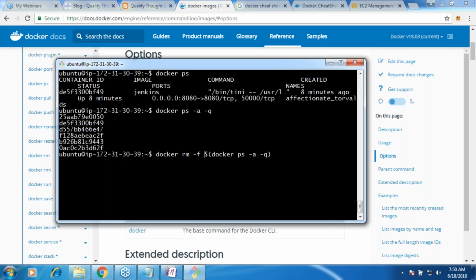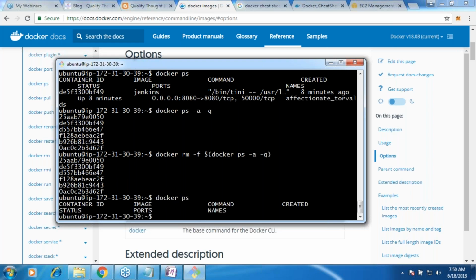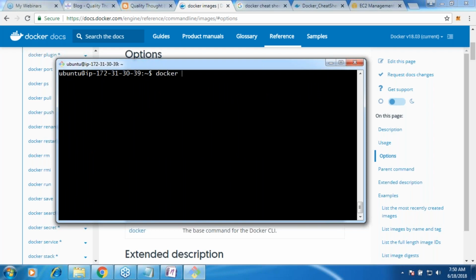Making sense? All right. Now let me do docker ps. I'll not see anything, obviously. And now docker ps -a. Even here I'll not be seeing anything, because removing the container means you are removing the history also. If you don't want to lose history, don't remove, stop the container. That's how it would work.